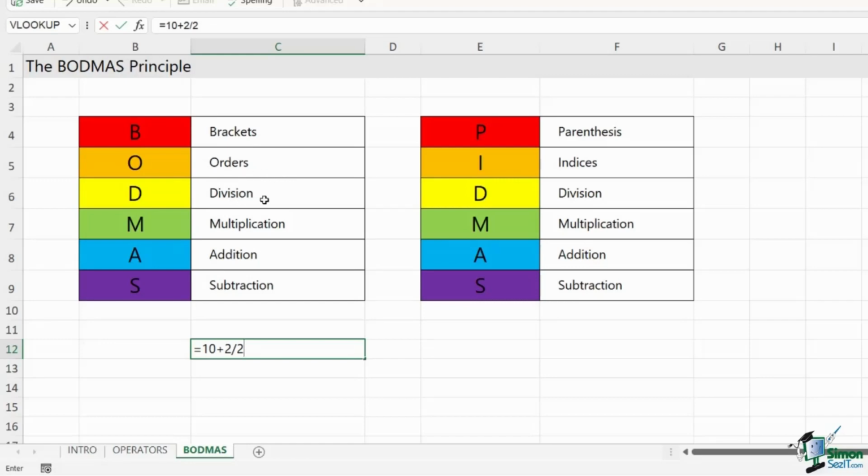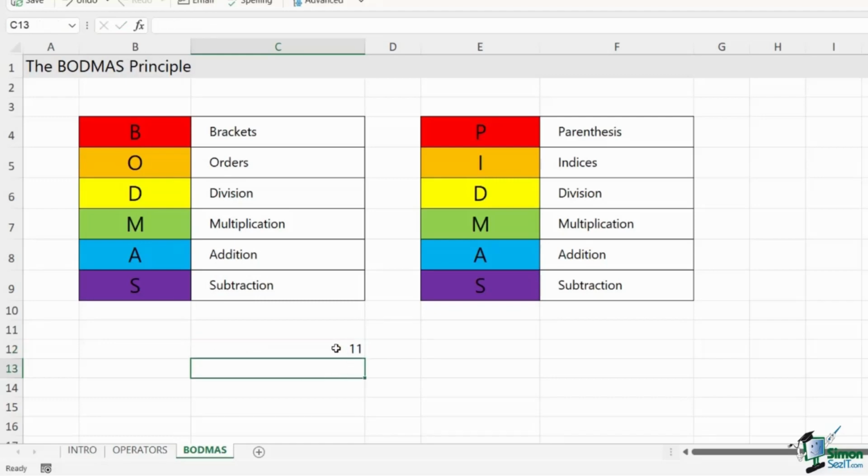Yes, I do. So Excel is going to do the division first. So in this case, 2 divided by 2, which gives us the answer of 1. It's then going to do any multiplications, additions, or subtractions, and we have an addition remaining. So then effectively what it's going to do is 10 plus 1, which is why we get the answer of